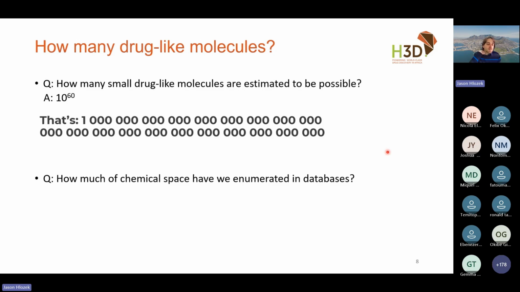Whereas if we compare that with the number of compounds that are actually enumerated in a database, where we have a structure and maybe some activity value for it, this is also 10 to the power of something. Think about what that might be. Hope you have that guess. It's roughly this number, which is only that. So much, much smaller. At least it's a start, but of course, there's a lot more chemistry that can be explored.